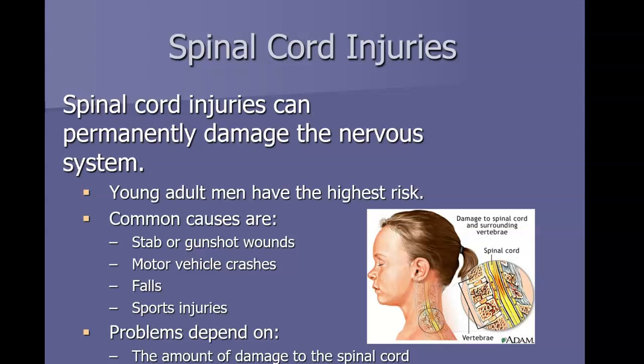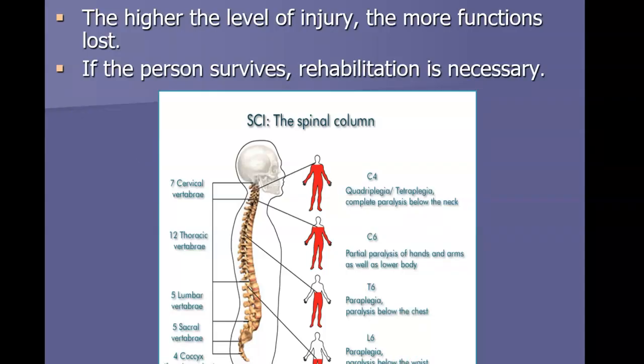And where the damage is to the spinal cord would be the level of injury or the level of disability that we might notice. So when we talked about the stroke patient, I talked about hemiplegia, paralysis on one half of the body. But paraplegia is paralysis below the waist. So generally you will see, if they have injury to the lumbar vertebrae where it's actually damaged the spinal cord, they will be paralyzed in the lower legs.